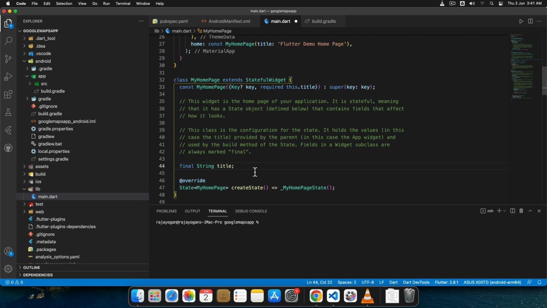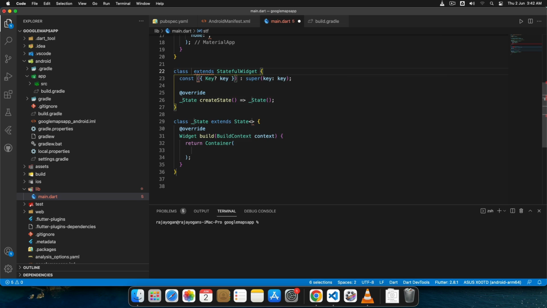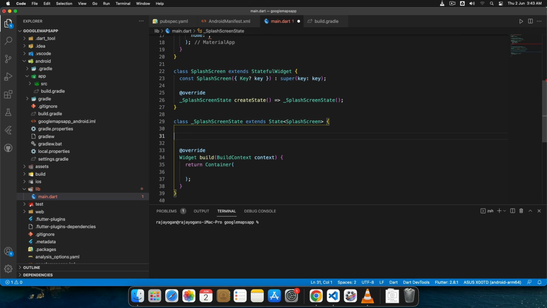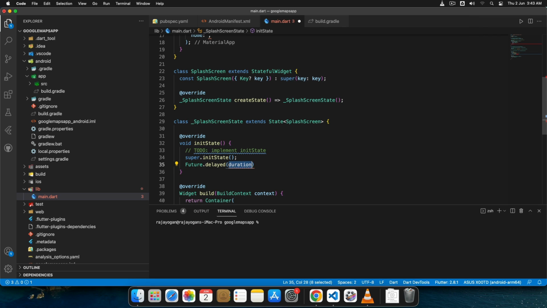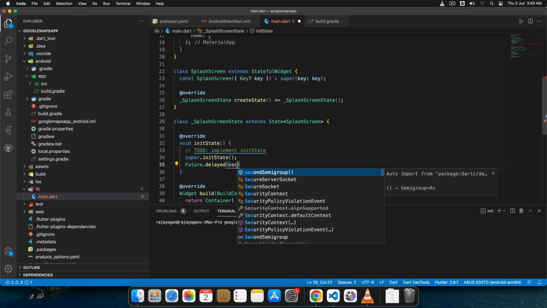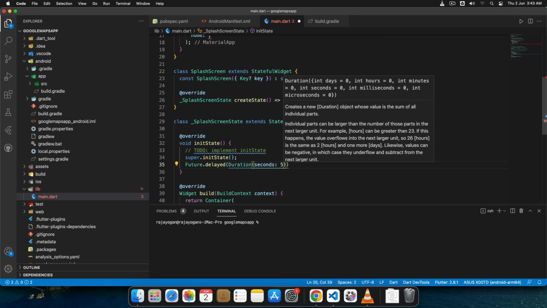So let's get started. Let's first add a small animation, like a splash screen, and then from the splash screen, let's take the user inside the app. Let me remove all these first. We'll just create a stateful widget, SplashScreen, and then inside this we can have an initState method, super.initState, Future.delayed, duration seconds 5,